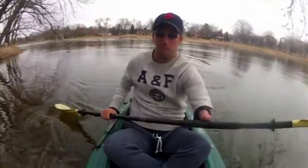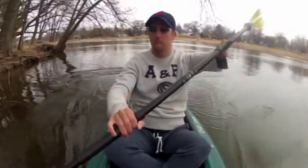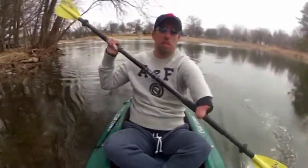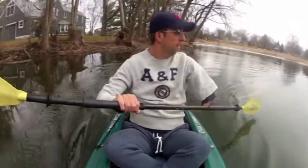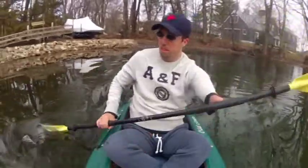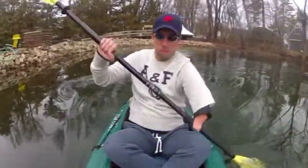But we're approaching a little cove, which is really calm and really shallow. I forgot to mention in the first two videos that these really shallow inlets or coves, you've got to enjoy them in the spring, because come midsummer and all the way through the rest of the season, they get all lily padded up and there are a lot of weeds in this lake, unfortunately, in mid and late summer. So you kind of have to get out at this particular lake like crazy and enjoy it in the spring and the early summer before those weeds